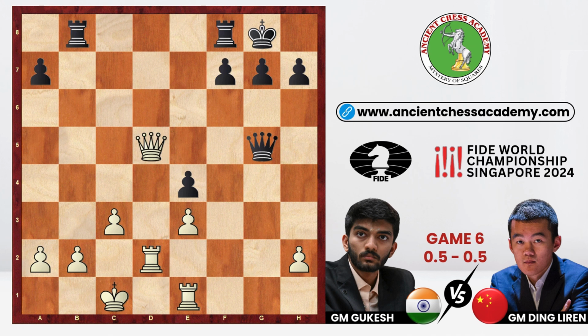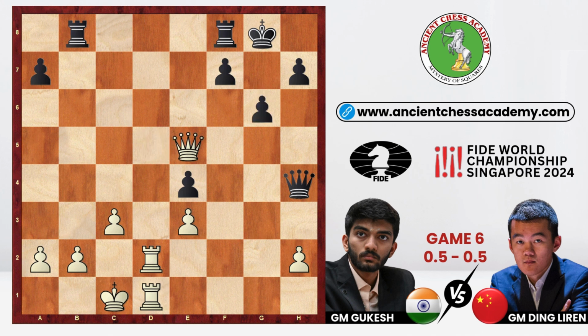Here, Gukesh took a bold decision and he played queen h5, declining the draw offer, or ed1, g6, clearing the back rank issues. So after queen e5,